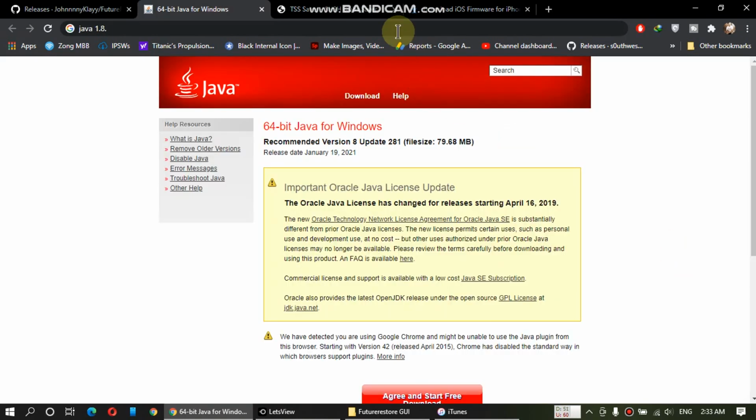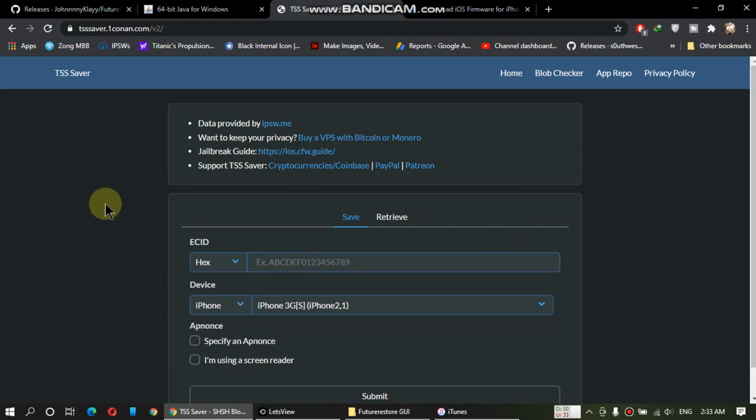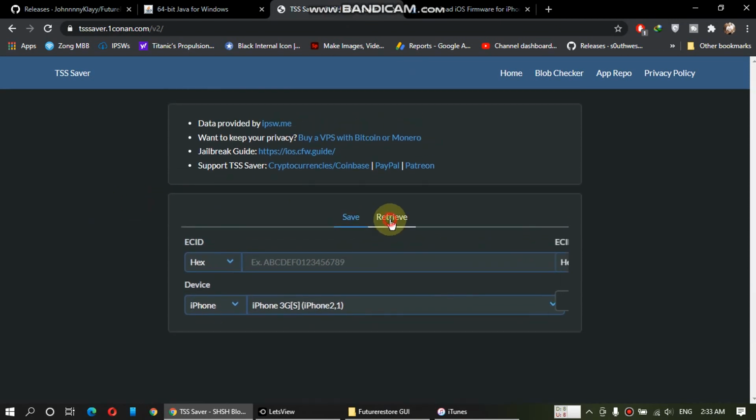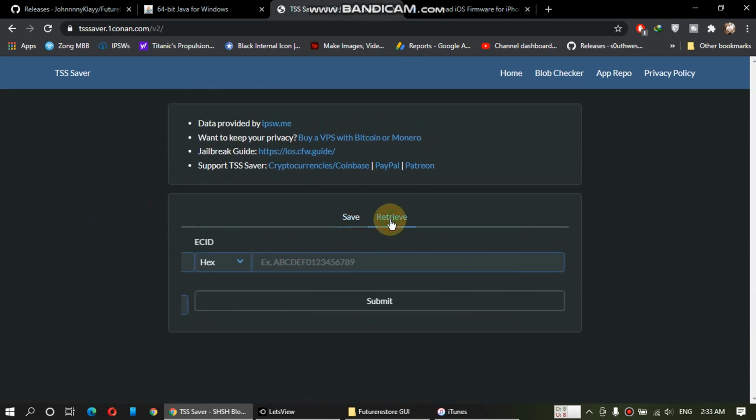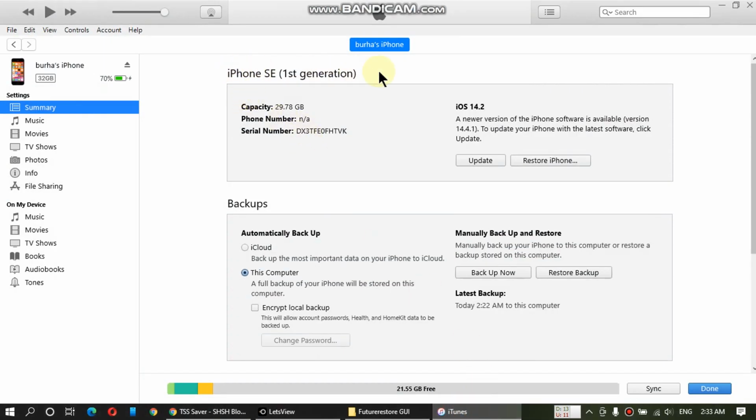Now guys, open the TSS Saver website, and we have to retrieve the blob that we can use to downgrade to our version that is unsigned. For that, open iTunes, connect your iPhone and click the serial number until you see the ECID.